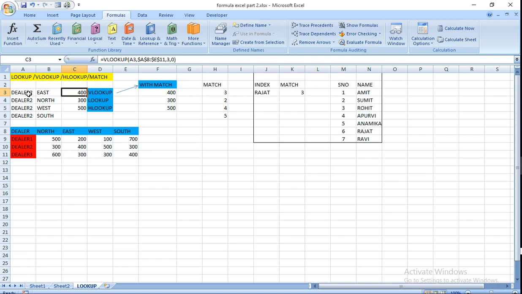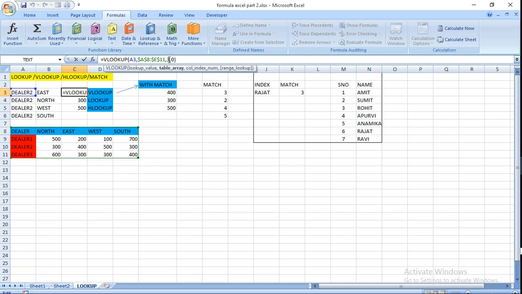Dealer 2 is written in A3. Then, in which array you have to find, you choose A8 to E11.